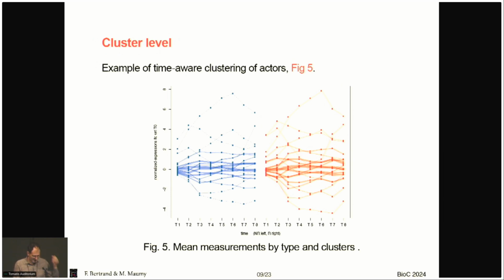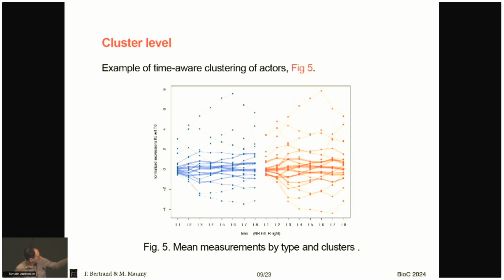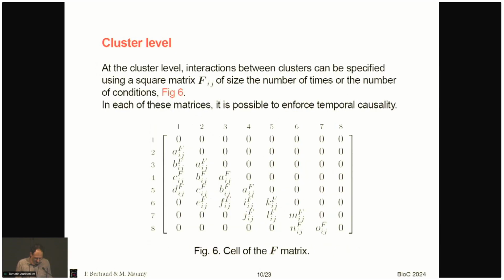And we decided that, given a cluster, it can act on another cluster after the moment that it has moved from 0. This way, you can design a specific matrix in the model to enforce the temporality. And this way, you can highly reduce the number of parameters in the model, which is very helpful because we